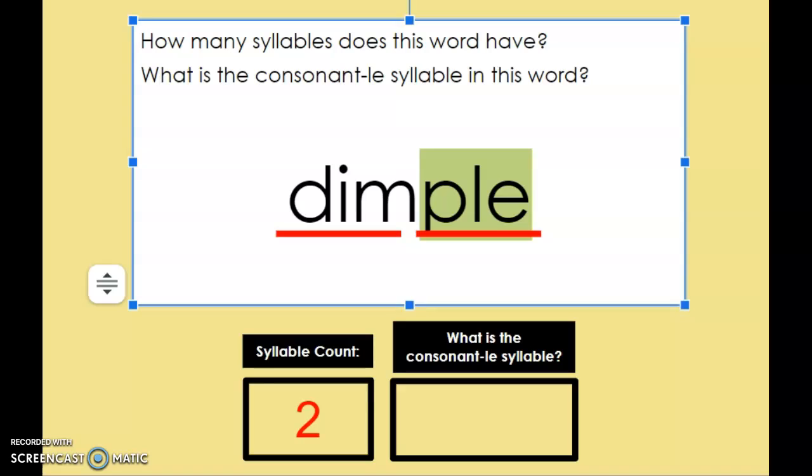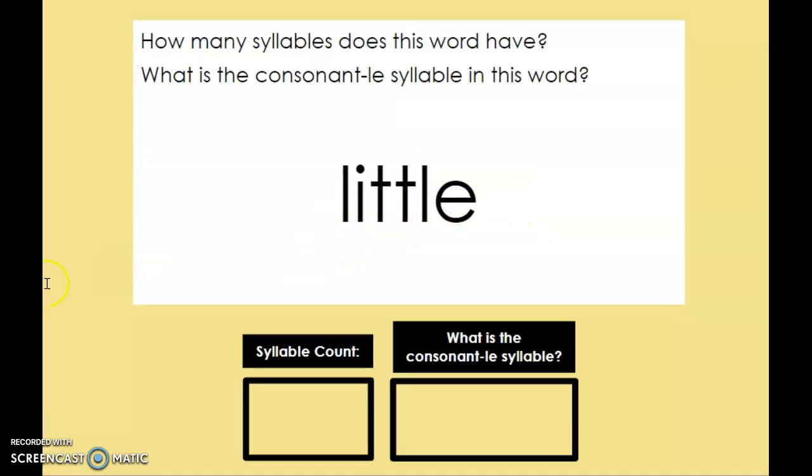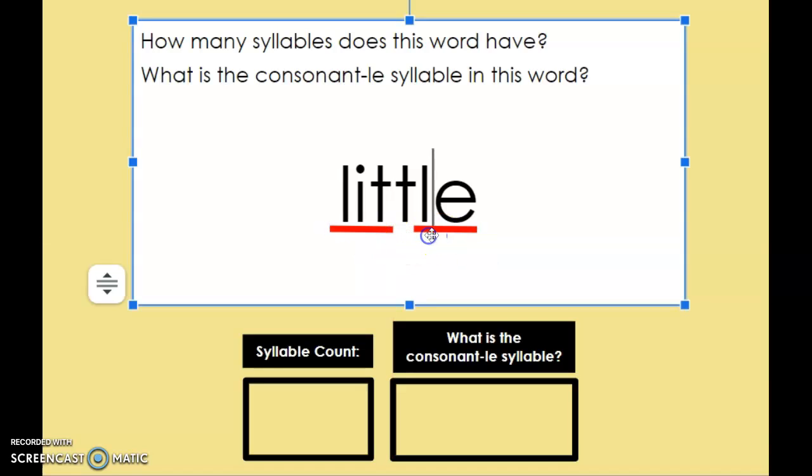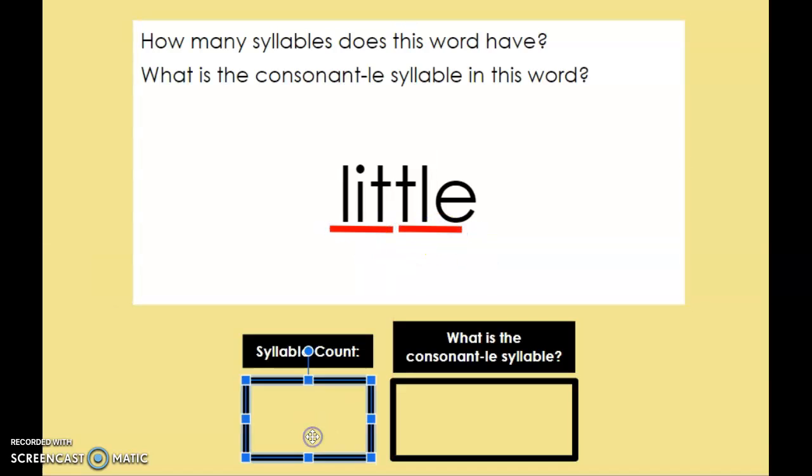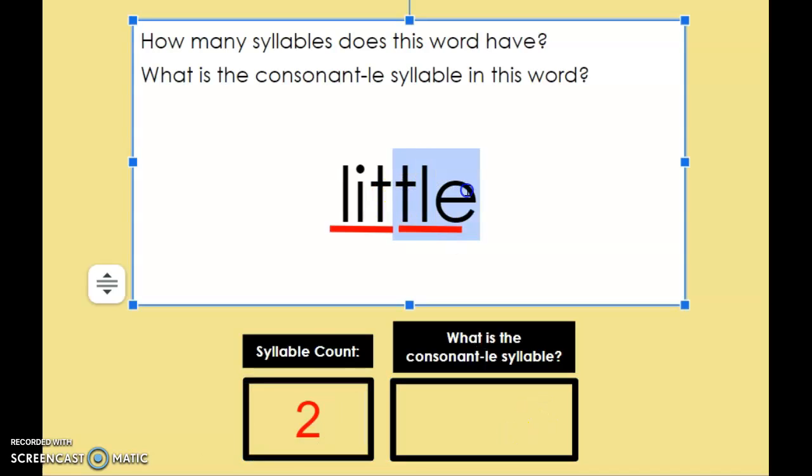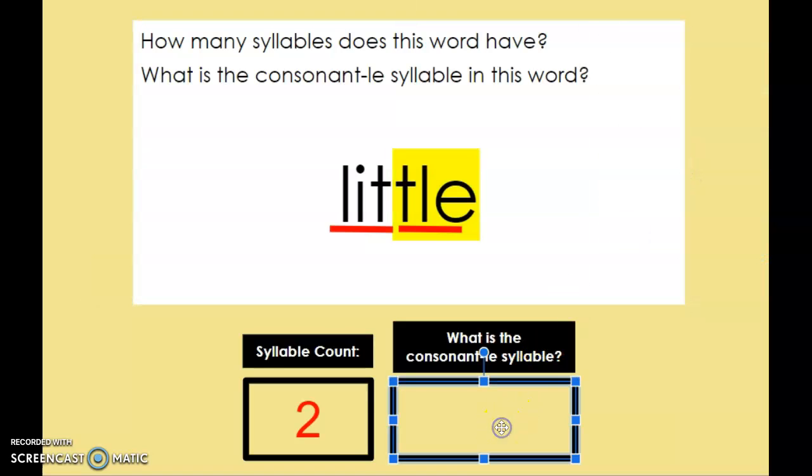Dimple. And finally, little. Little. 2 syllables. And I see right at that end there, T is our consonant, followed by an LE to make our consonant LE syllable,